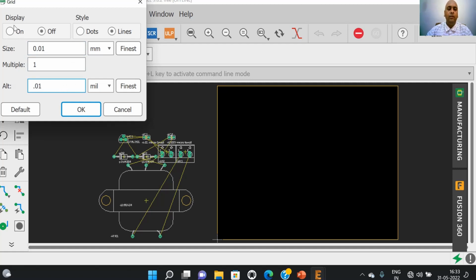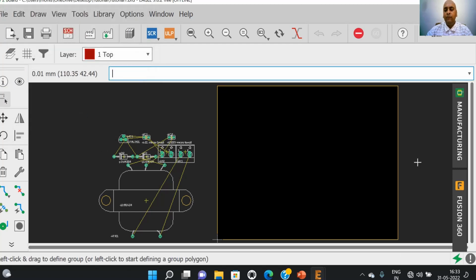We can use the on switch in order to show the grids on the screen. In order to activate the changes we made, we need to press OK. Once we press OK, these changes are visible on the left hand side of the screen. So the left hand side of the screen shows the minimum grid size to be 0.01 mm and the coordinates of the cursor are shown in the bracket.